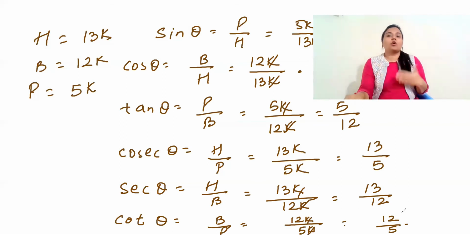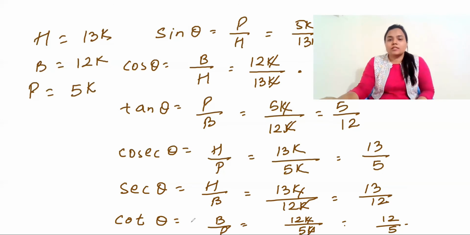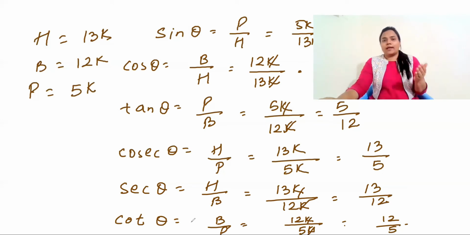Clear? So now if you have done all the trigonometric ratios, I don't think you will feel any difficulty while finding 2 ratios or 3 ratios. It's very easy. Just check whatever is given in the question and see which 2 sides are given. Multiply the ratio by any alphabet, find the third side, and then you can find any ratio which is being asked in the question. So questions 3, 4 and 5 were in a similar way: find the trigonometric ratio.